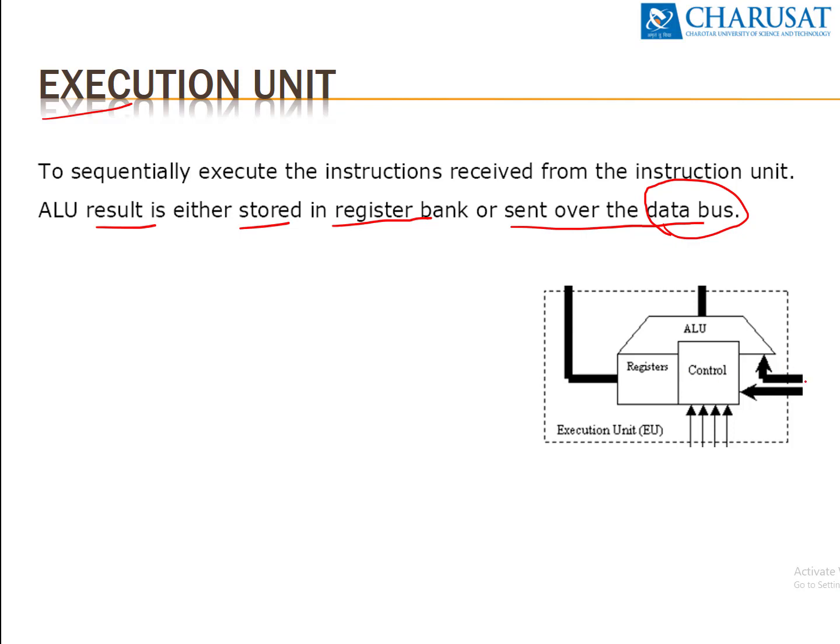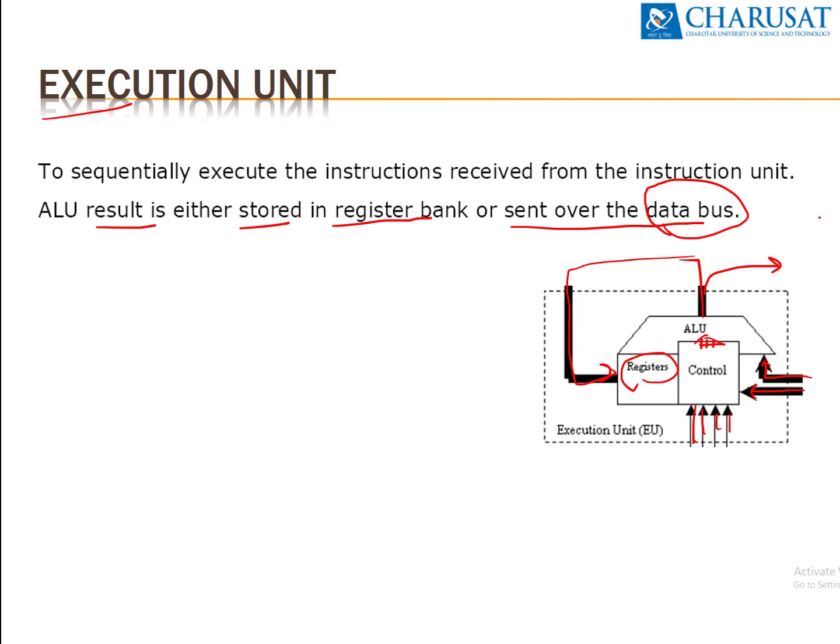So the control unit lines come from the instruction unit. The operand goes to the ALU. There may be registers available here. One of the operands is a register, and one of the operands may be from the instruction decode unit, and it is given to the ALU. The control unit is connected over here, which further instructs the ALU what kind of operation to perform. The result will be stored into either the register bank, or through the data bus it is stored into memory.